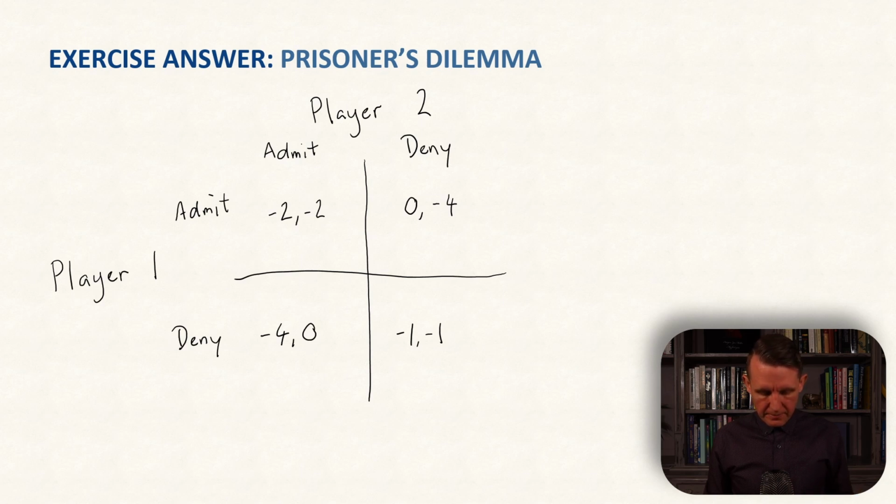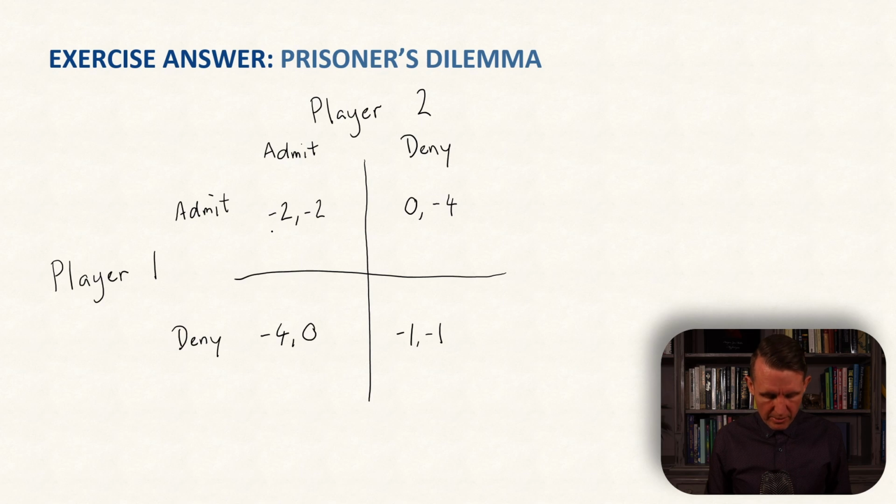So what's the answer to the prisoner's dilemma? Why should you admit if you're a prisoner? The way to solve this is to look at what you should do depending on the action of the other player. Let's assume that we are player 1. If player 2 decides to admit, what would be the best thing we could do? Let's have a look. If player 2 decides to admit, then we could either admit, which would receive 2 years